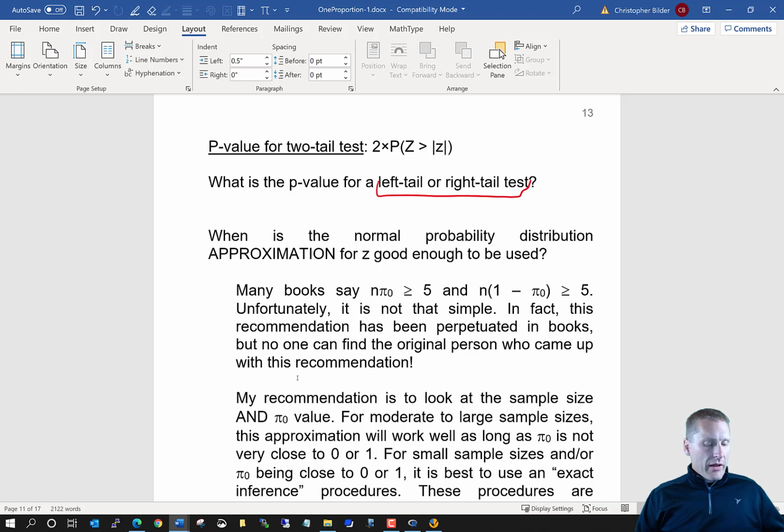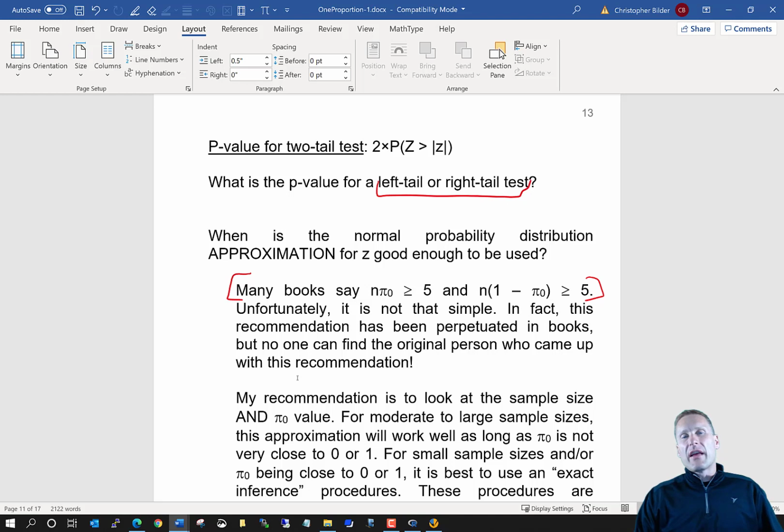So you might be thinking, okay, well, we've been using this approximation for the standard normal Z here. When is it doing a good job? And we come to something that's really interesting, at least I think it is, from a statistical perspective and from a teaching perspective. And that is most books will tell you that, okay, if your sample size, the number of